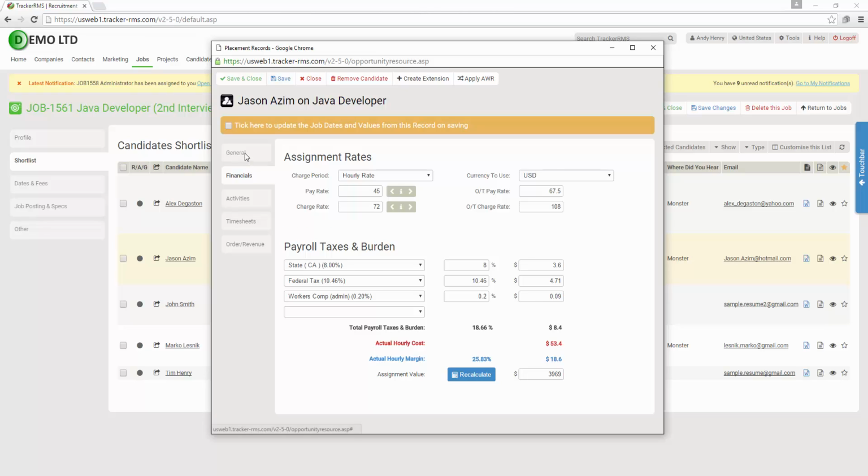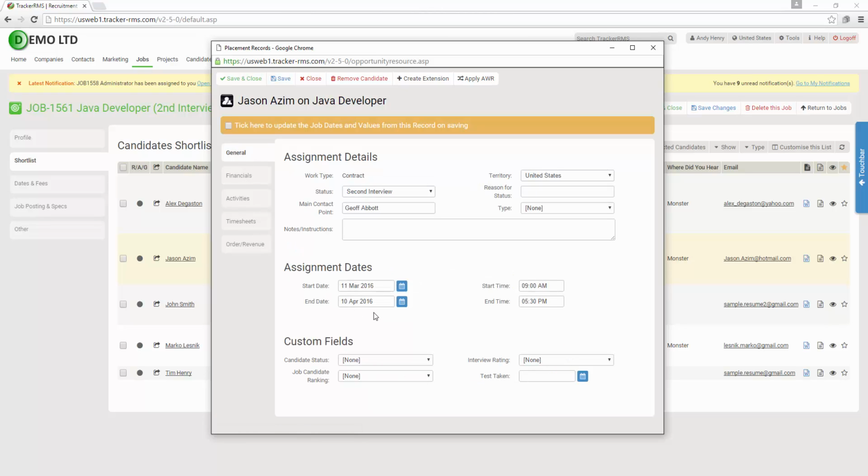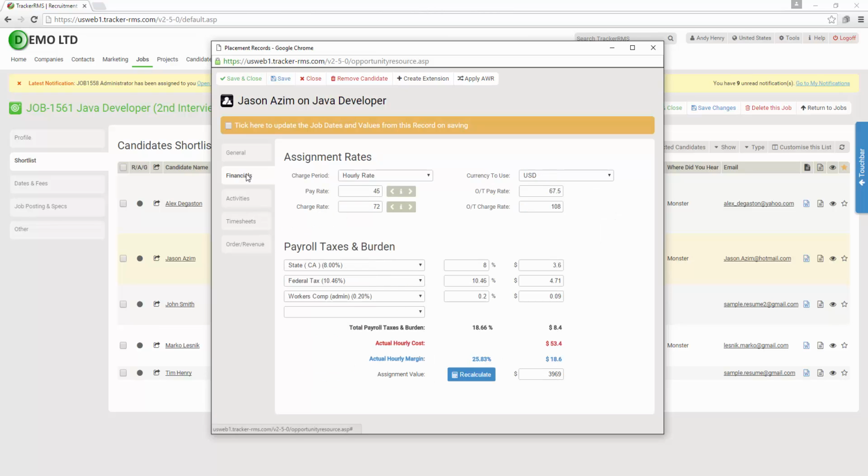If I go up into the General tab, the other thing that will be critical here is the start and end date. So this is where we'd also want to confirm the assignment dates. So if it actually ended up being a placement date of the 21st is when that contract will start, but it's actually going to be a position that's going to run through the end of August. When I put in those dates, if I go back into that Financials tab and hit the blue Calculate button,